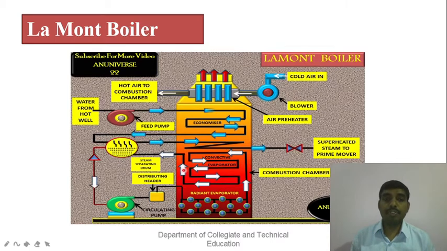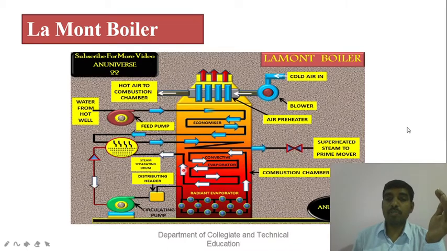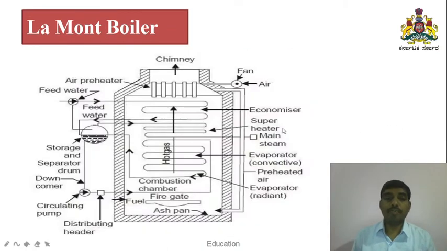You see here, this boiler contains various parts. Those are, let's take a feed pump. We have a steam drum. We have a circulating pump. This is the combustion chamber. This is the radiant evaporator, and this is a convective evaporator. This is the economizer as well as the air preheater. So these are the main parts of this boiler. So initially, let's take a glance at this boiler.